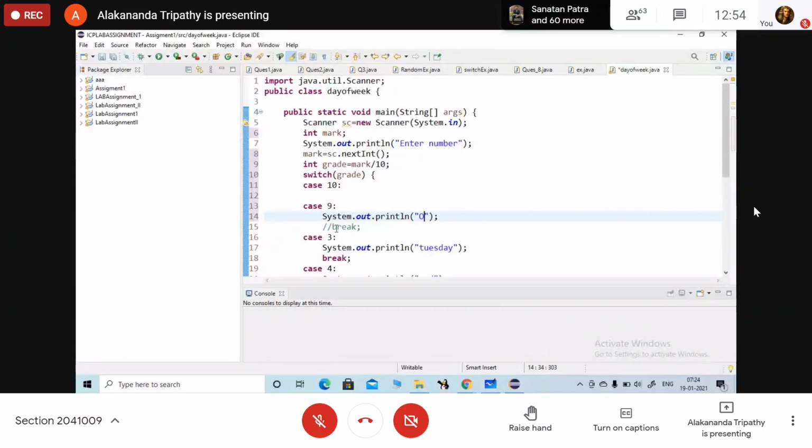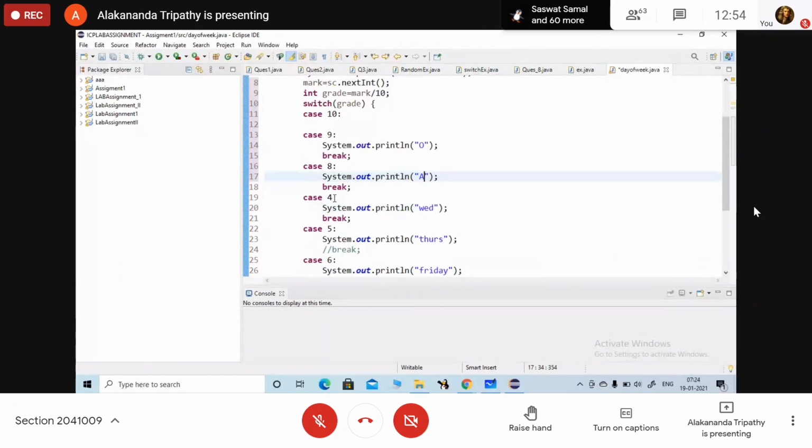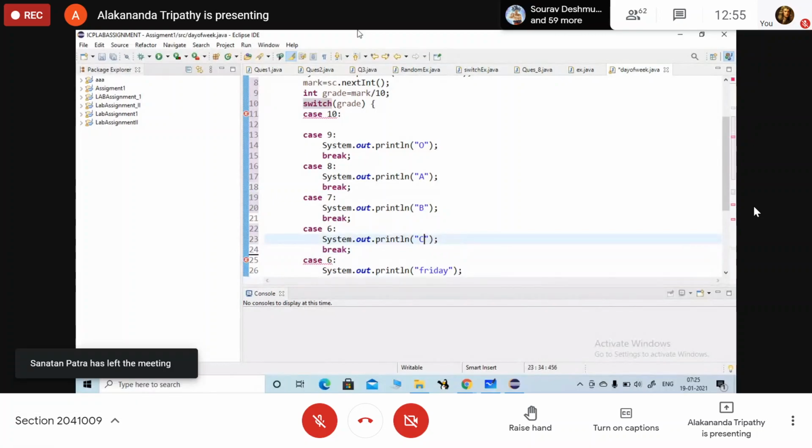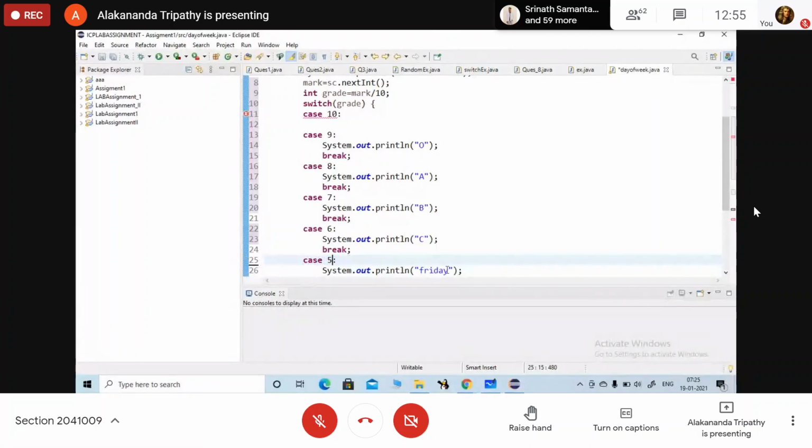Okay. Here, if the value is 8, what will be the grade? A. 7. It's B. Now let here C. 5.